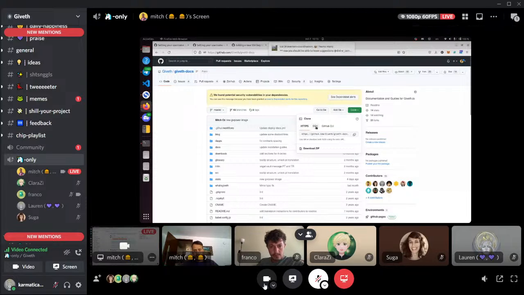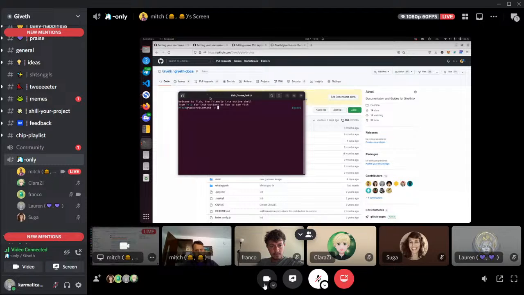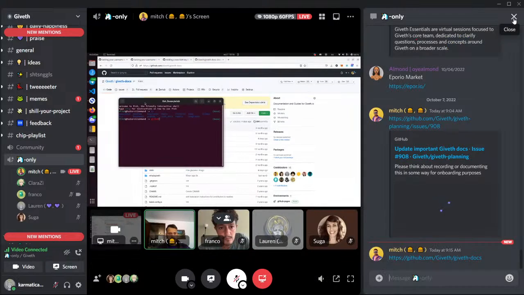And here you're going to go to SSH. You're going to copy it. And then from your terminal, you're going to put that repository somewhere in your computer. So, for example, here I have a